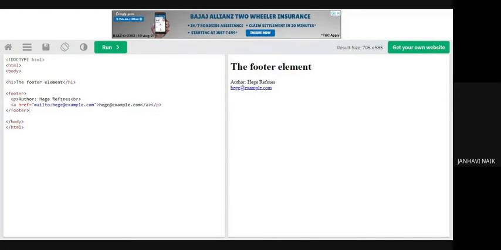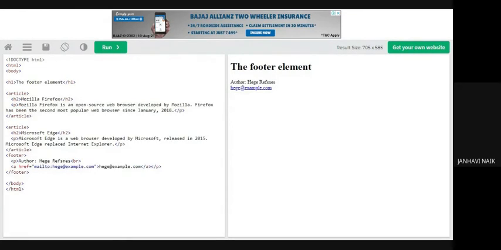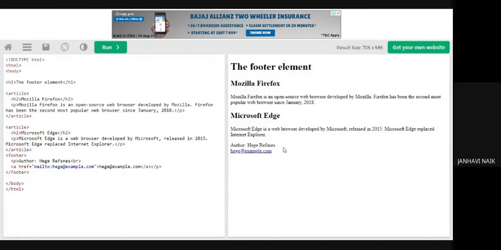Okay, this part is regarding an article, or this part is regarding something else. It only eases the work of the programmer. Like I'll just copy one thing, Control C, and in this I now add something called articles. When I run, these are the two articles and this is the footer. When I click on this, it will connect me to his particular mail, so reference can be given.